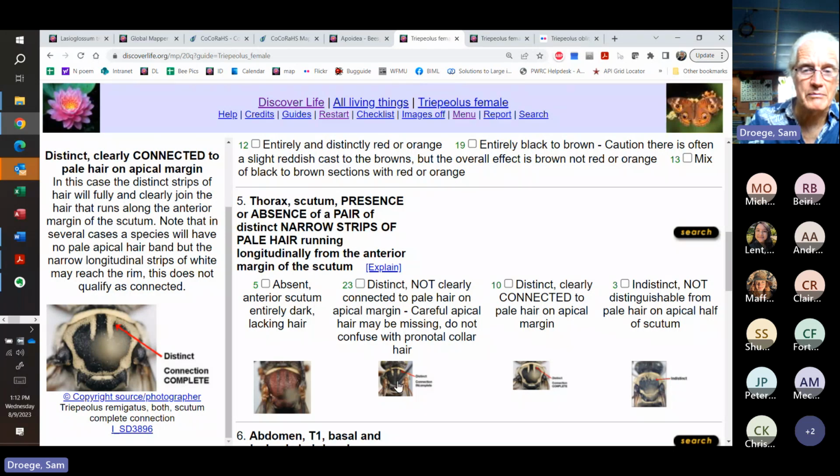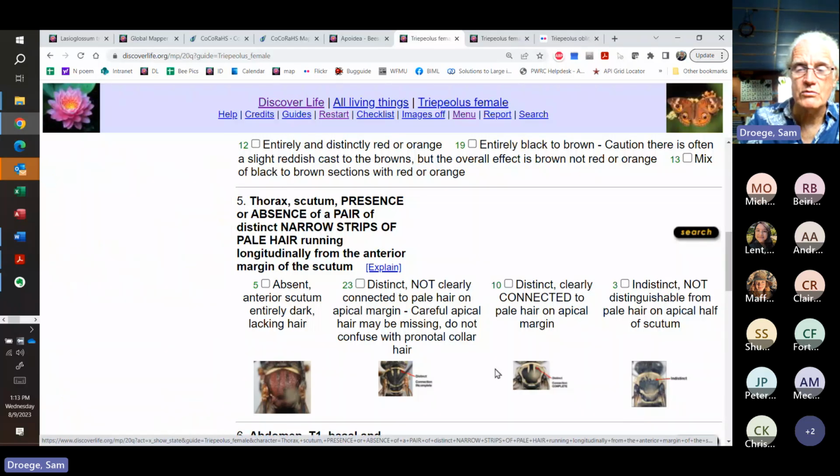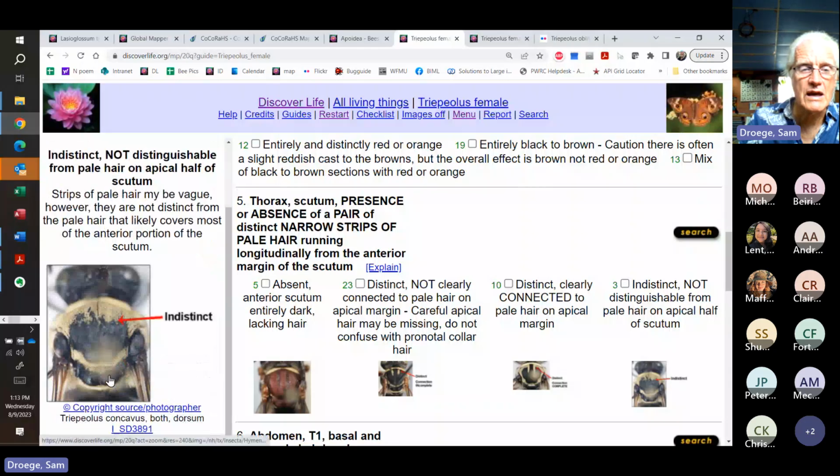Most of them have a pair of white bars that are just floating in space. Almost all of them, as a matter of fact. And there's lots of overlap between some of these categories. So this is the one where there's a connection. And then the last one is where it's really difficult to tell whether you have a connection or not. The two that come to mind here are